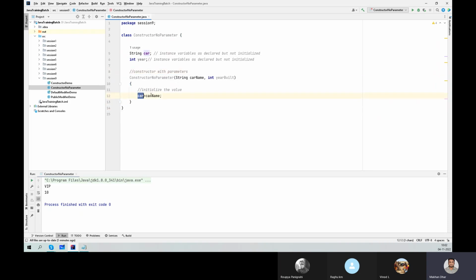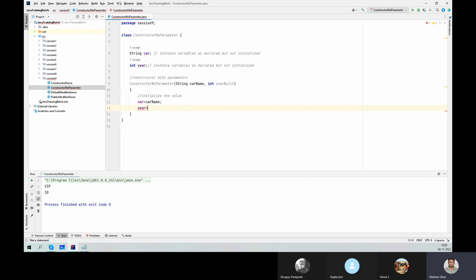That's why I put car, meaning this car name, and this year equal to, I am saying this year built. So this car will represent this one, and this one will represent this one. Okay, this is what we did. Now we have done that. Now what we are going to do,